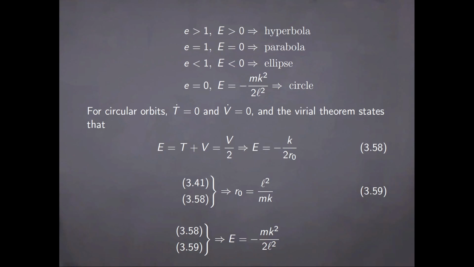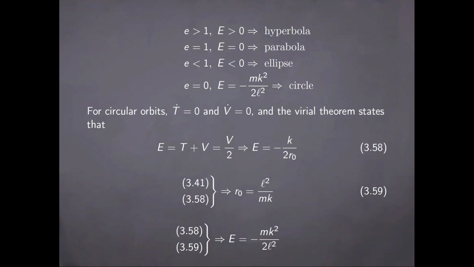If the eccentricity is greater than 1, then the energy is positive, and the curve traced by the particle is a hyperbola. If the eccentricity is equal to 1, then the total energy is 0 and the orbit traced is a parabola. If the eccentricity is smaller than 1, then the energy is negative and the orbit is an ellipse. And in the case where the eccentricity is identically 0, then the energy has the expression here and the orbit